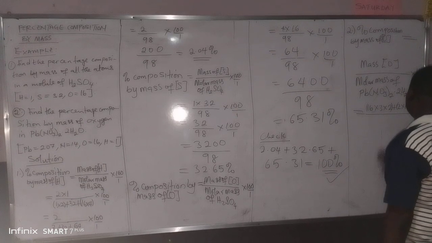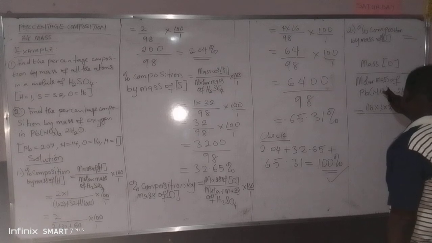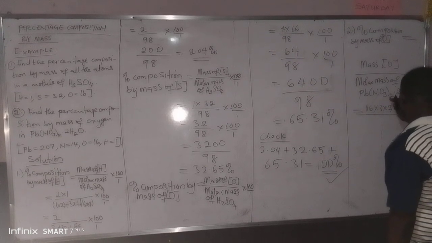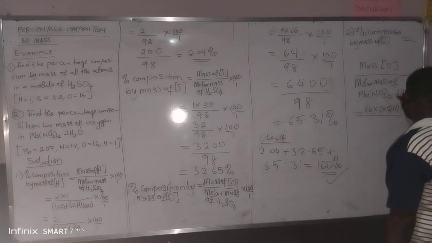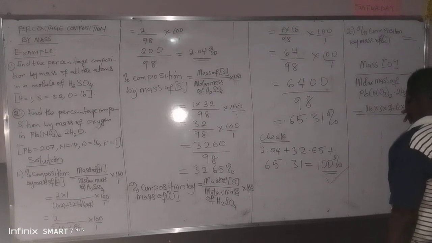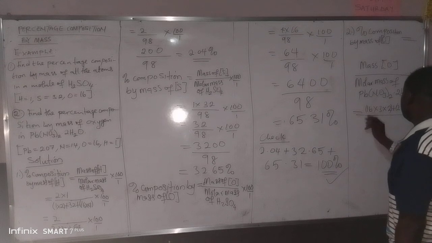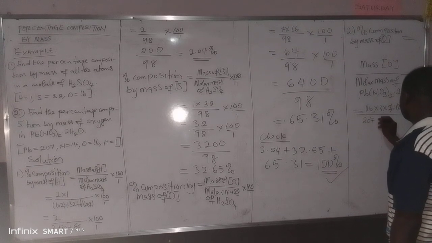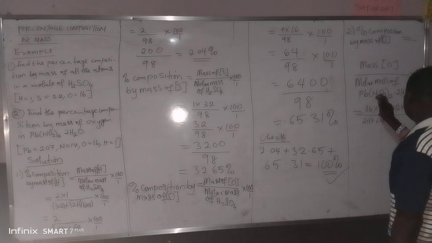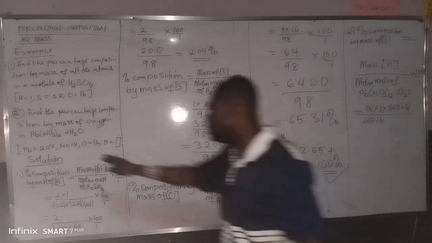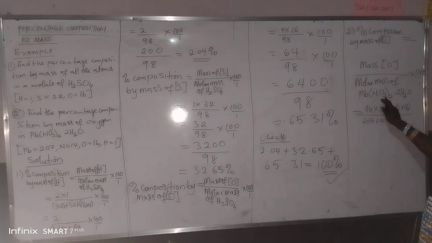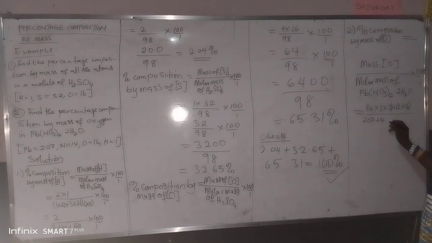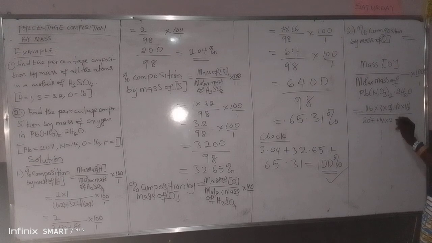Over, what am I saying? This 16 for this oxygen times this 3 times this 2, plus this 2 times the 16 for this oxygen. So then the molar mass of this one: this is 207 plus nitrogen, which is 14. So we have 14, and this 2 is for everything inside this bracket, both nitrogen and oxygen, so we have times these 2. Then we are done. Oxygen is 16 times 3